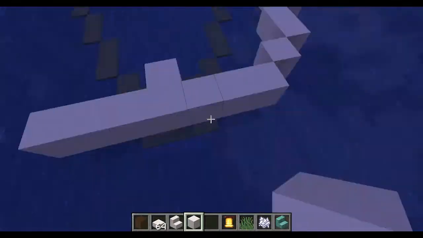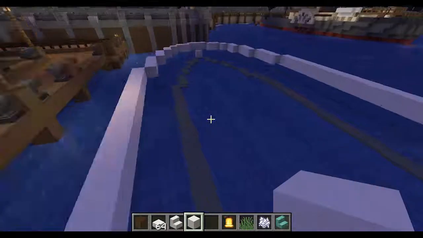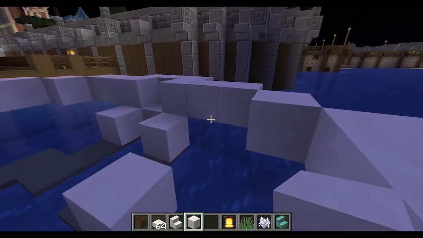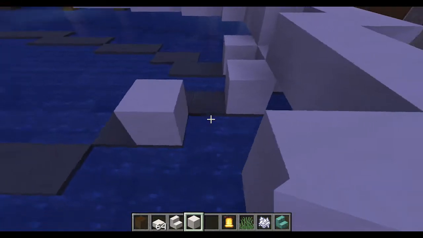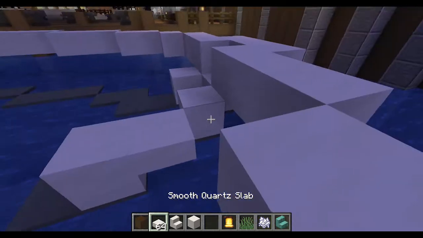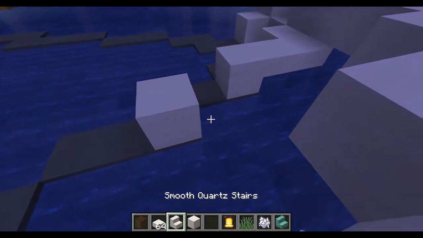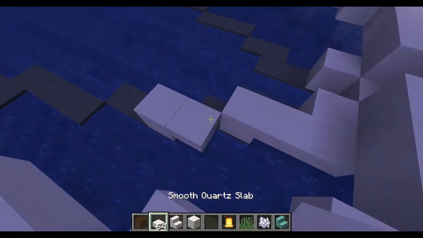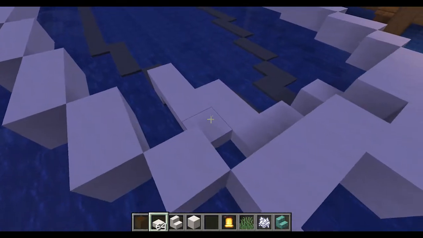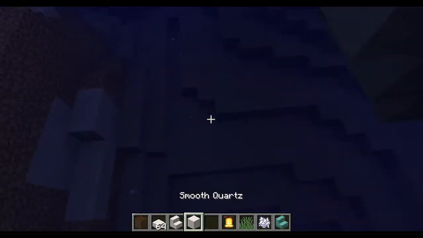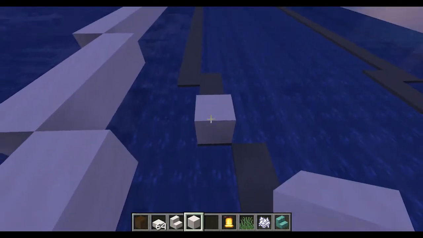Alright. We're pretty much going to copy the same thing on the back, but you want the rear of that white part to level out at the same point as the rear of the hull itself, the black part of the hull. Now we're going to add in some slabs. You'll see, this will give it a really cool effect.